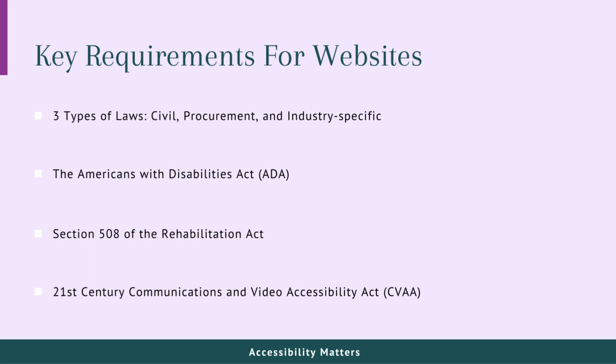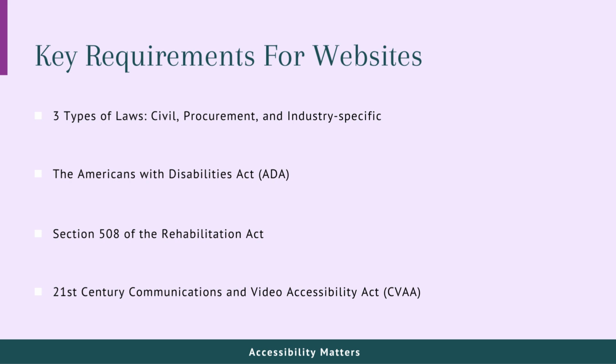Now, lastly, in this category are the key requirements for websites. The bottom line here is that organizations are responsible for ensuring their digital platforms are accessible. If it isn't, you could be breaking the law. Many people just think about accessibility as a physical form. If you operate in a physical location, you've likely thought about accessibility issues such as installing ramps for wheelchair users or allowing service dogs inside your physical space to assist someone who is visually impaired. However, often the digital side of accessibility is overlooked, leaving users with disabilities shut out, isolated, and frustrated.